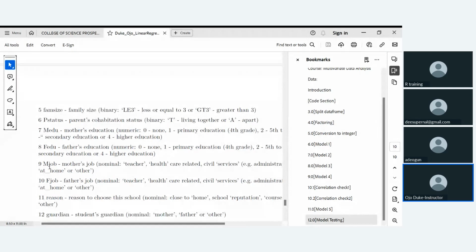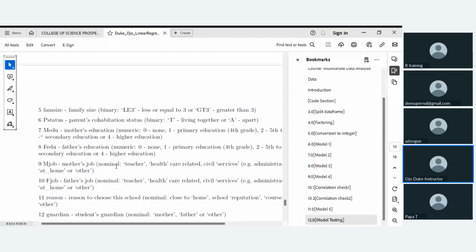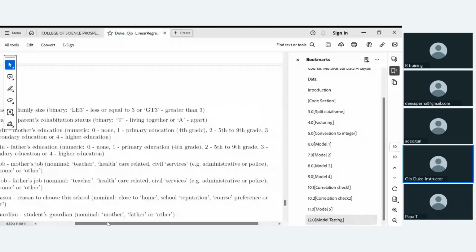We also have the mother's job, nominal. So this is a nominal variable, meaning that, okay, you have teacher, health care related, civil service, and so on and so forth. As you can see,